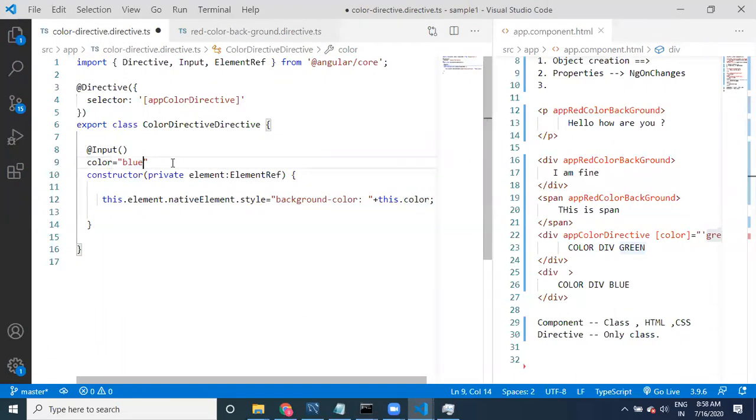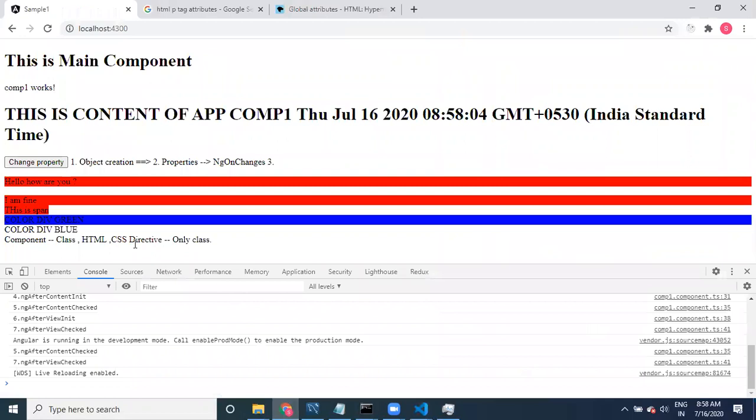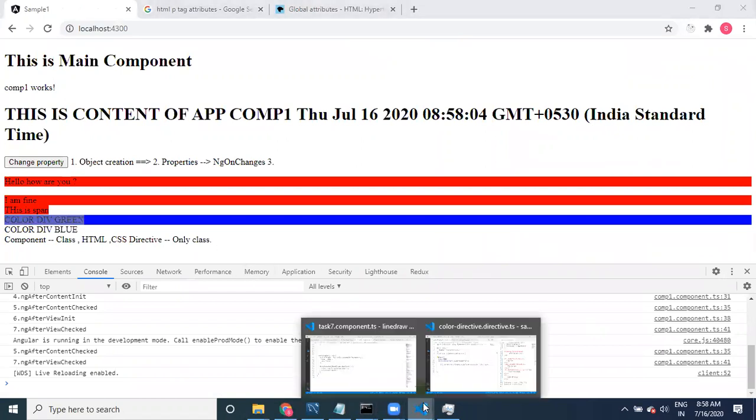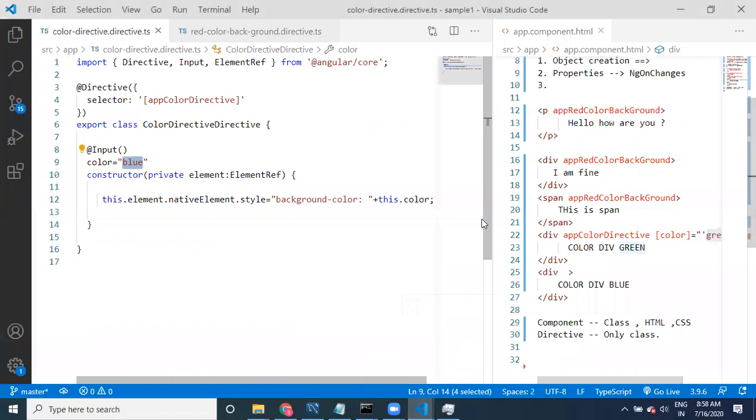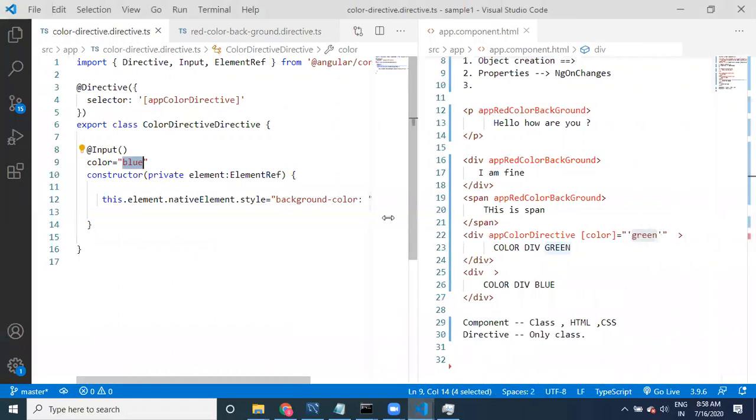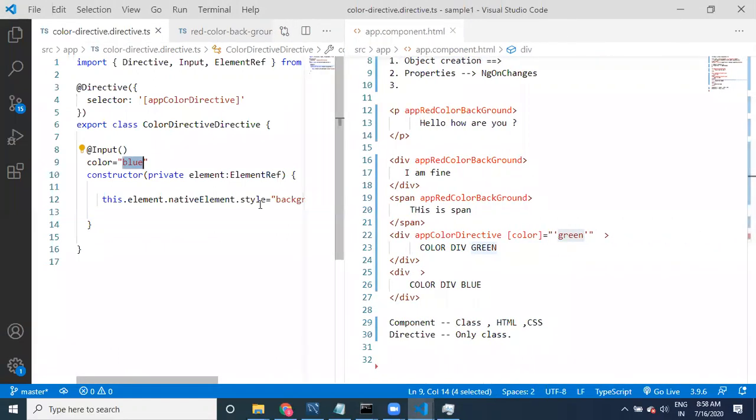See here what happens. Here I'm providing blue. Let's look at it. See, it is coming as color blue. Can you please tell me why this color is coming blue? Why are we assigning the value? Try to recall yesterday's concept, and life cycle hooks.